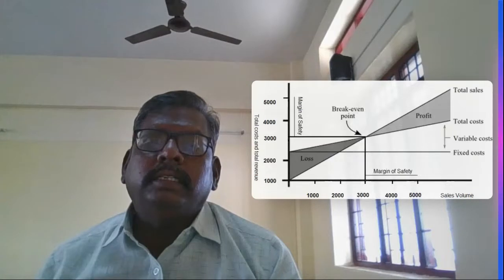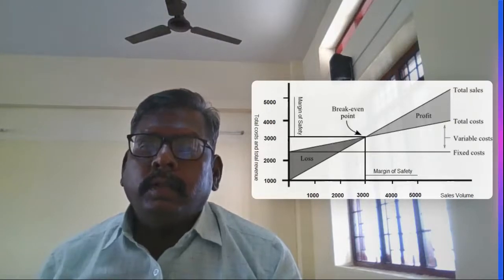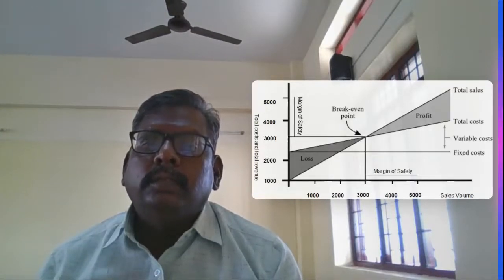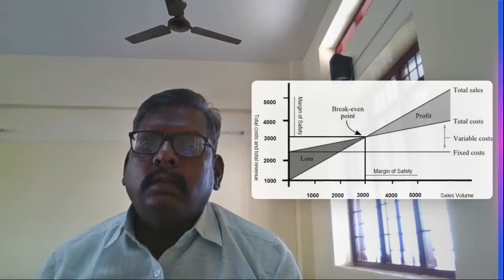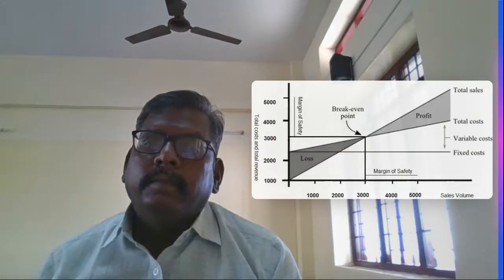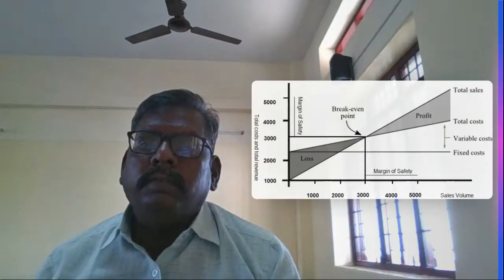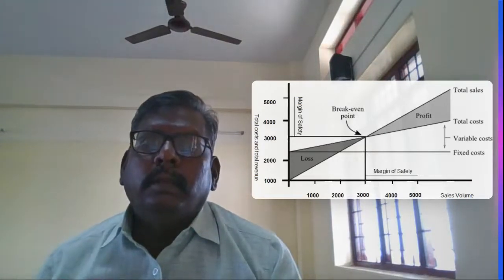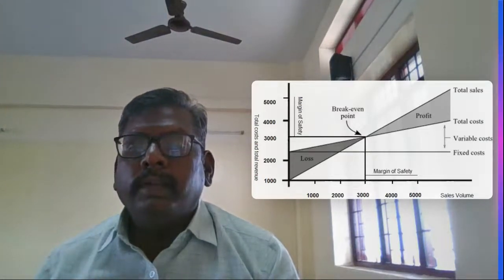See, the calculation works like that. In every production, there is a total cost, and the total cost consists of the fixed cost and the variable cost. The fixed cost means the cost never changes until a particular number of units produced. But the variable cost always varies when the number of units changes.